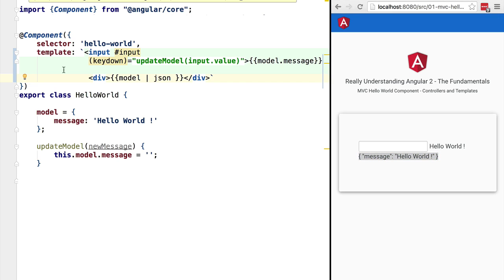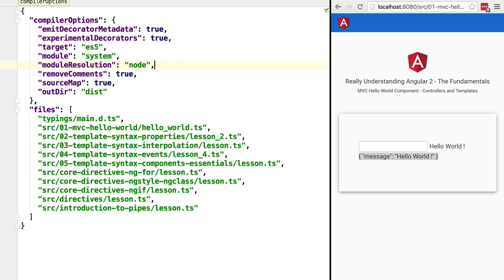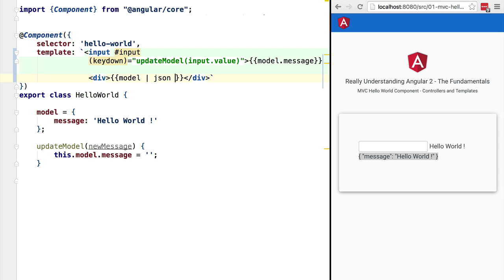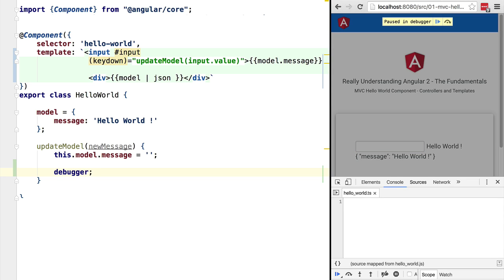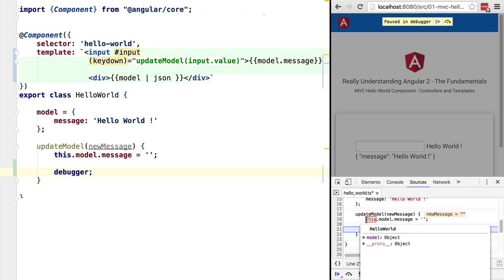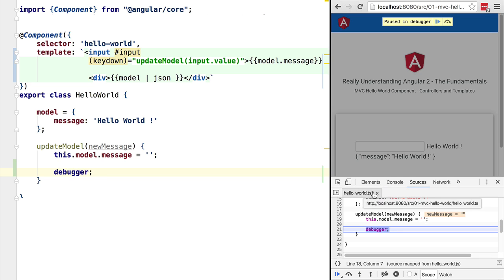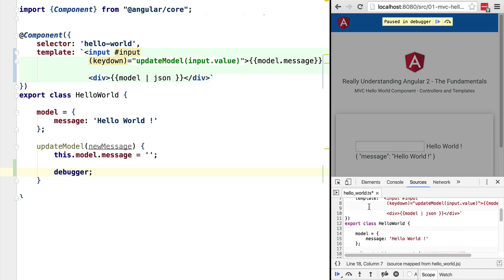In order to really debug a TypeScript application, we should configure the TypeScript compiler to generate source maps. We can do so via the sourceMap property in the configuration file tsconfig.json. Now, if we go back to our program and we add a breakpoint using the debugger statement, we will see that when the breakpoint hits in the browser, we can actually view the TypeScript code and not the generated JavaScript code. Take a look at the name of the panel, it's helloworld.ts,